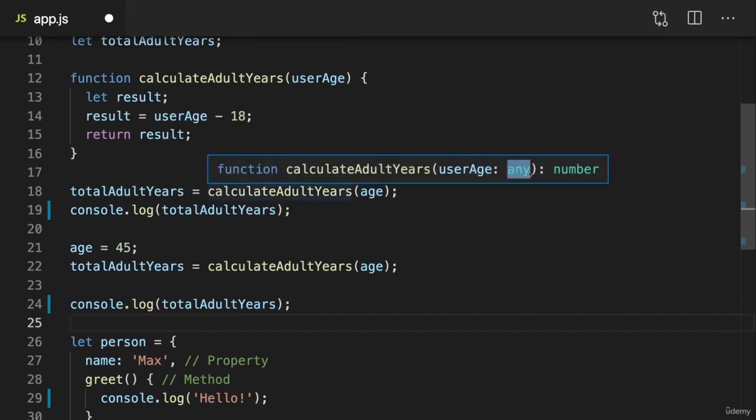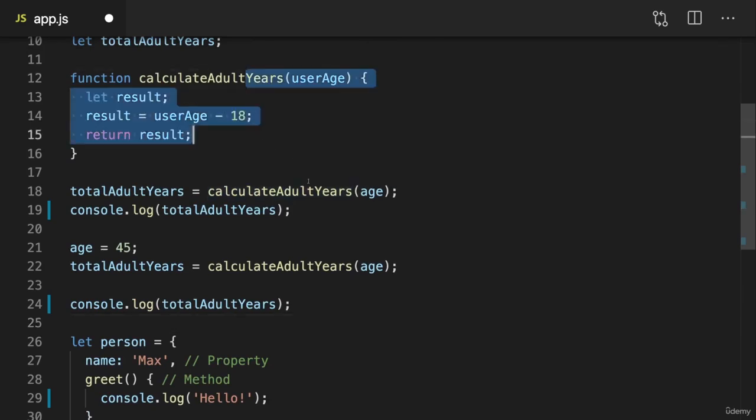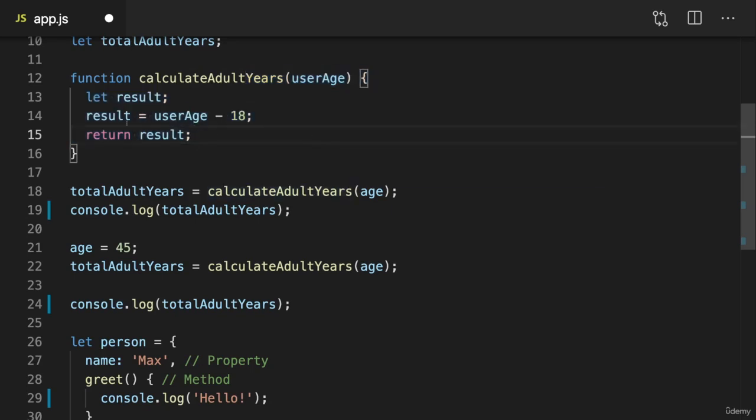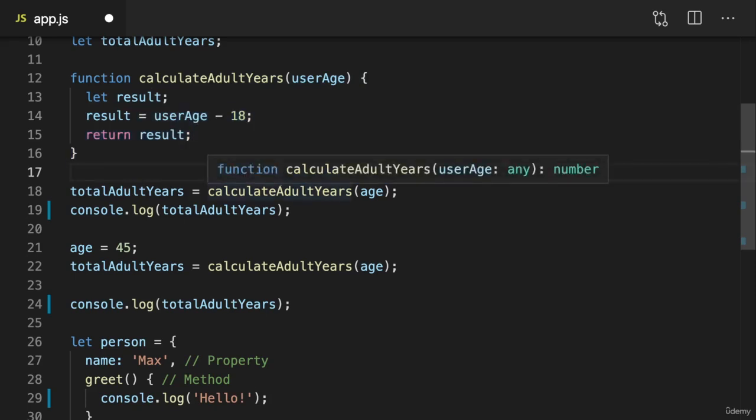Here the type is anything, which is technically not correct, but Visual Studio Code doesn't understand that we need a number in there. But we see that it will return a number in the end, because we return the result of this calculation. That's just a side note, but also useful to use when you want to find out how you can execute your own or built-in methods and functions. But back to